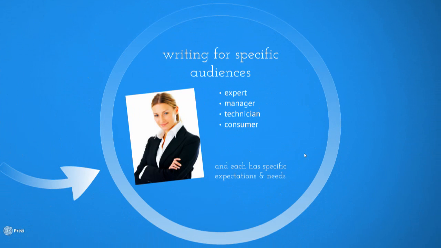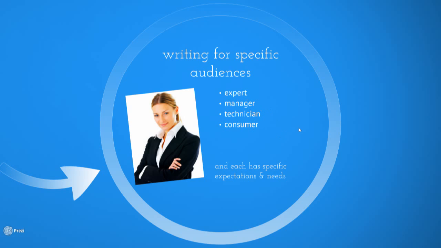Another main difference about technical writing is that it's writing for very specific audiences. Unlike your Writing 121, where you were writing for a certain type of person, in technical writing you will not only write for a certain type of person, you will know what type of person they are, and they will fit into one of these categories, and you will get information on exactly what the expectations and needs are for these types of people. By the way, your assignments in technical writing for this course will focus mainly on the manager-reader. Later on, you will have a quiz after you do some reading on what are the expectations of each one of